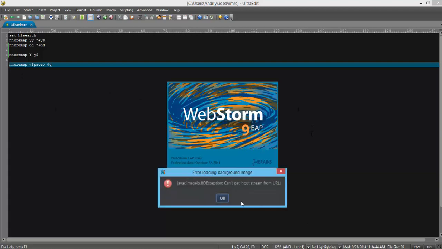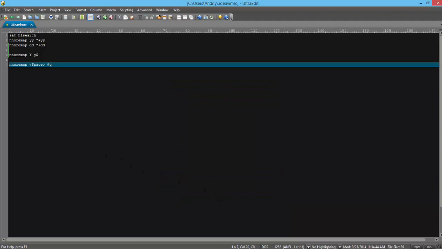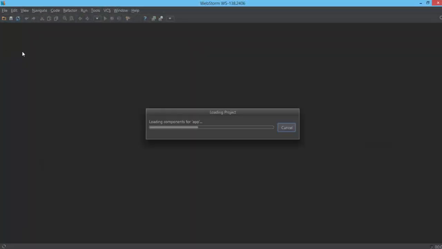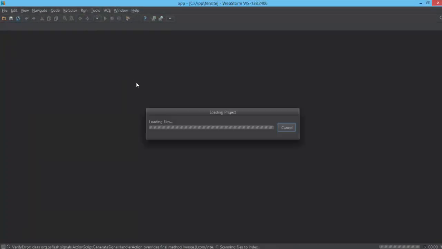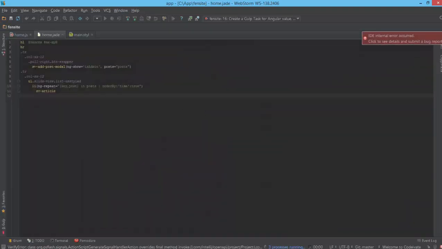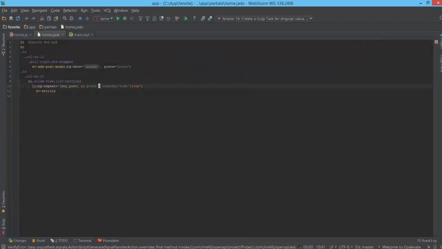When I did this remapping, it means that when I come to the middle of the line and press uppercase Y, it will copy, and I come here and paste, and you can see that I copied only half of the line, from the place where my cursor is until the end of the line. And this is the way to solve this problem